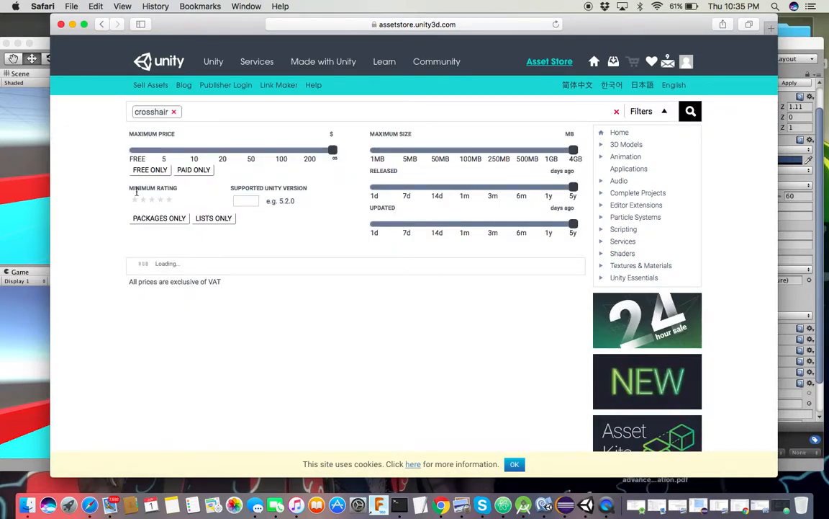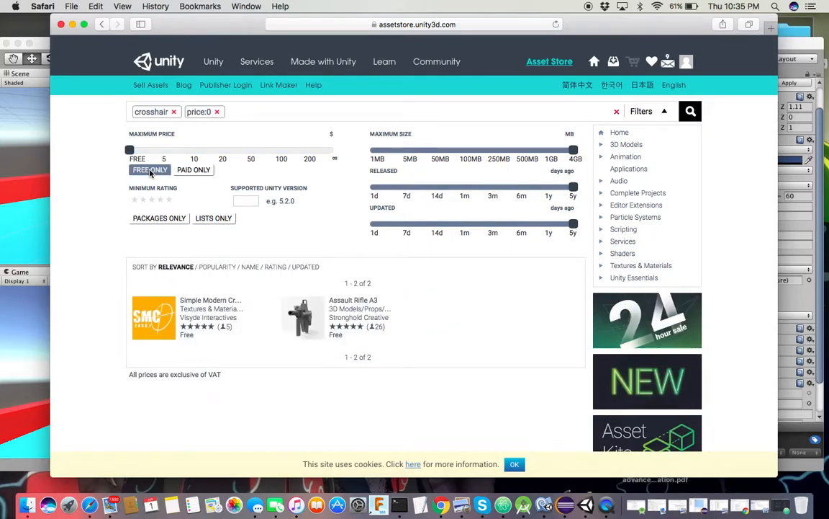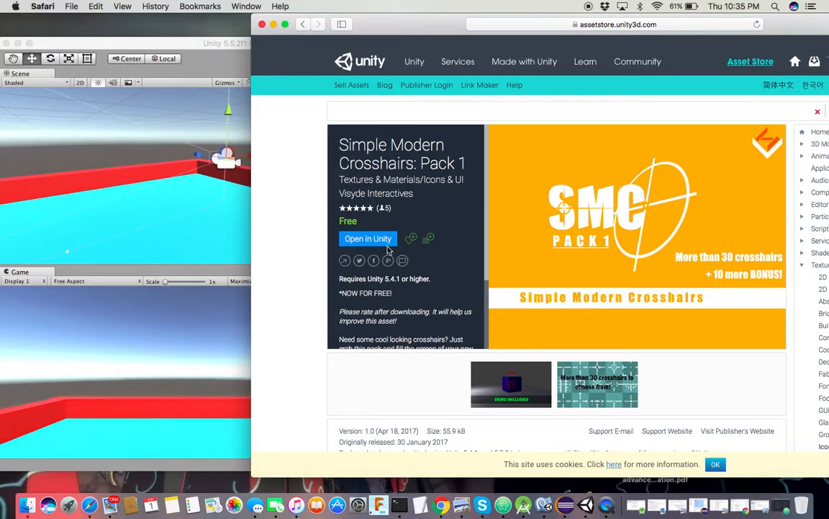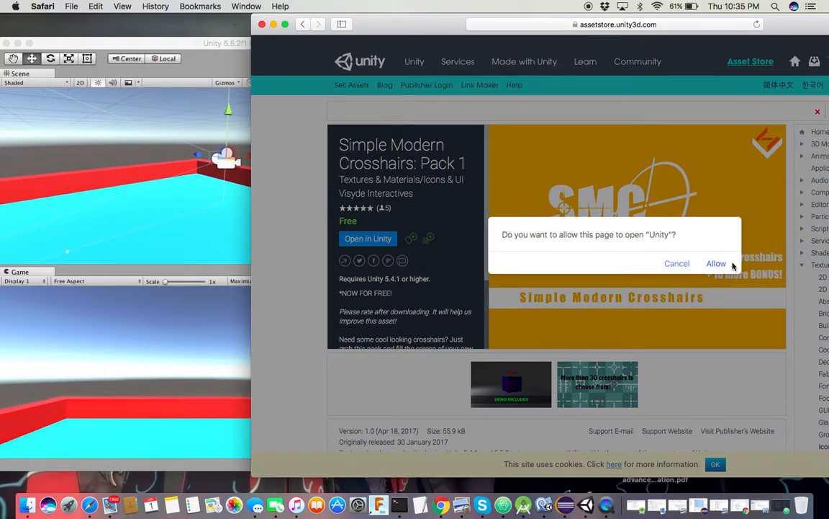And this is going to import it to the game engine for us. So when you Google Crosshair, look for the free one, Simple Modern Crosshair. So you want to open it in Unity, allow,